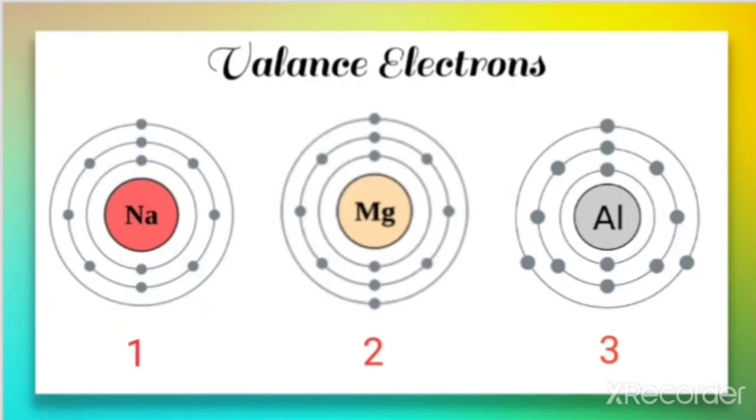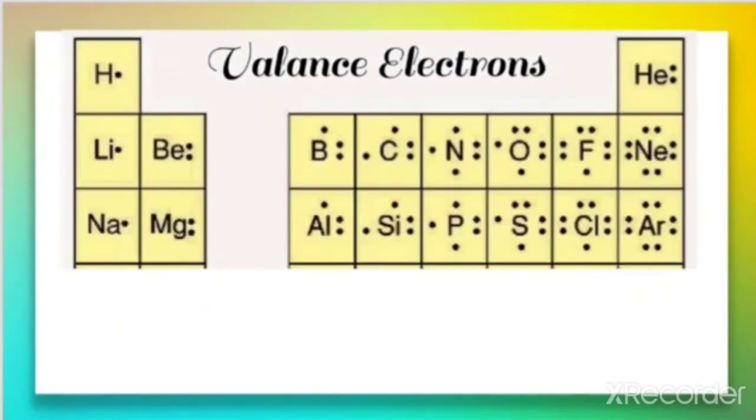So, it is a very easy concept. Valence electron is nothing but the number of electrons present in the outermost shell. In order to find the valence electron, first of all you need to make the atomic structure as it is made for sodium, magnesium and aluminium here, and find out which electrons are in the outermost shell. That number of electrons gives the valence electron. It is easy to learn the valence electrons for the first 18 elements in this manner.